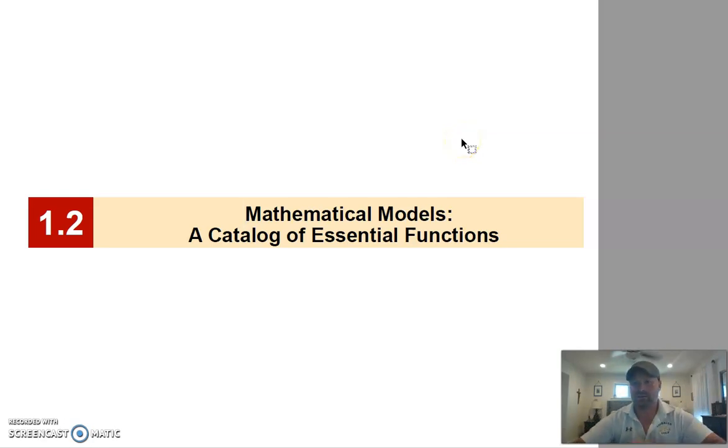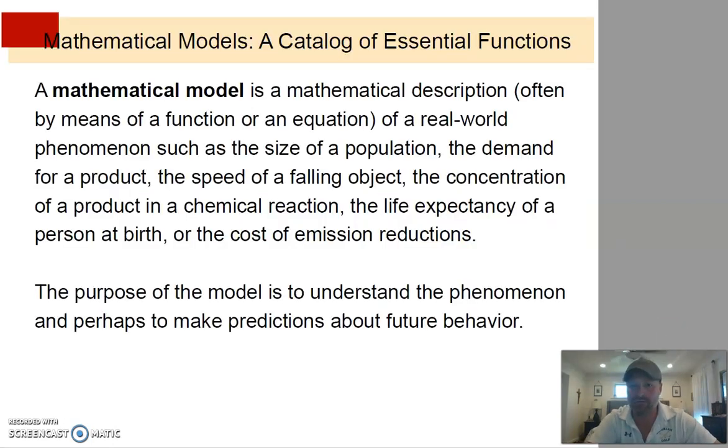How's it going, guys? So here we are, chapter 1.2, and we are going to cover a catalog of essential functions. So remember, a mathematical model is a mathematical description, often by means of a function or an equation of